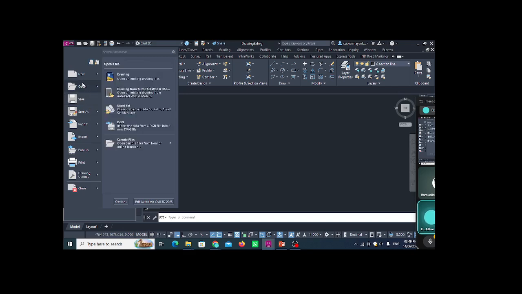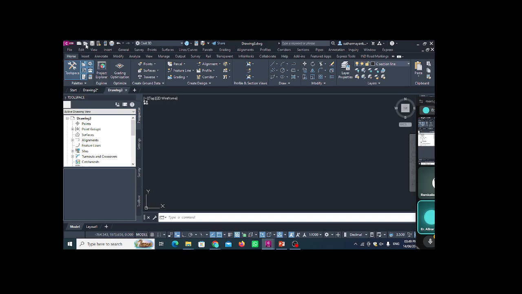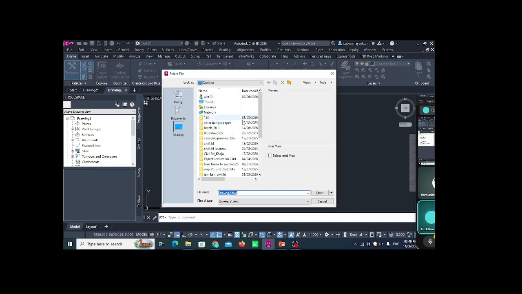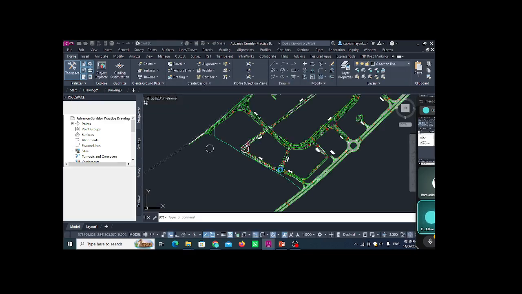Now, if you want to open any file, you can go here from open. See, this symbol, you can see the symbol here at your top bar. When you click onto that, you can directly link with your desktop menu. On the desktop, if you have a file, like I'm right now working with one Dubai project, and I open that file, so you can see